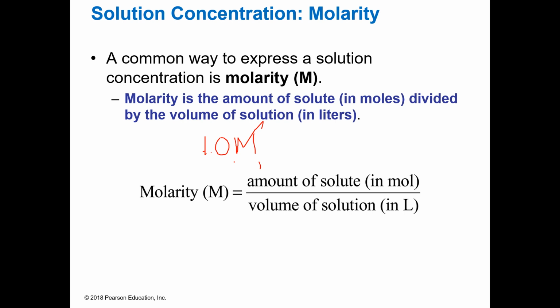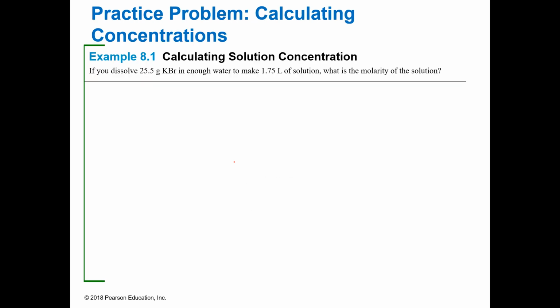So we're going to look at measuring molarity. I have these in the slide that you could work out. You're going to need your calculator. And so here we go. If I dissolve 25.5 grams of potassium bromide in enough water to make 1.35 liters of solution, what is the molarity? So here, what we're dissolving, this is our solute. And then this is how much solution we have. So remember that molarity equals,